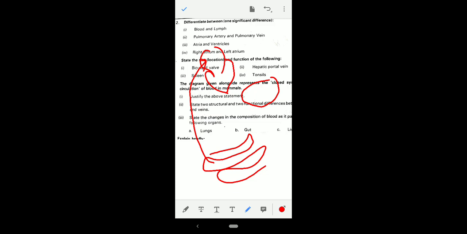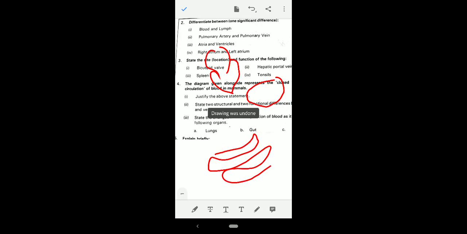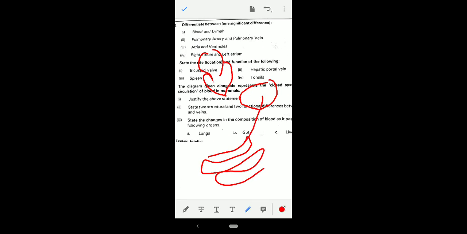So what we will do, first we will not send it to heart directly. First we will send this blood to liver. Liver will monitor this blood. It will change extra carbohydrate or extra glucose into glycogen. It will do deamination of extra protein. It will do emulsification of fat. Or it will convert toxic substance into non-toxic substance. So, these veins are called hepatic portal vein. And from here, the blood enters into right auricle via vena cava.